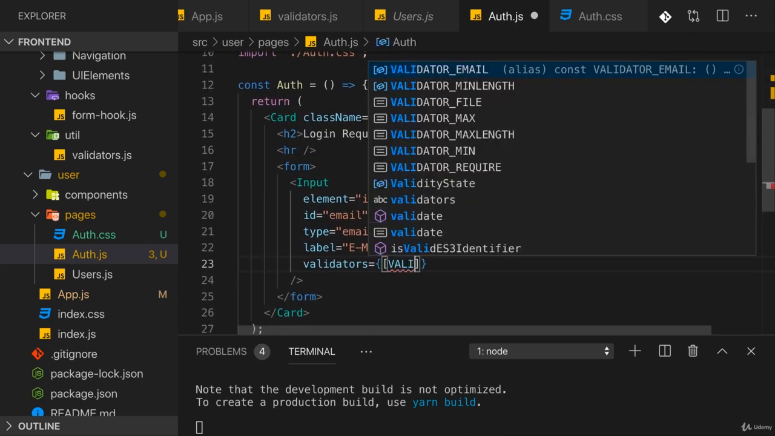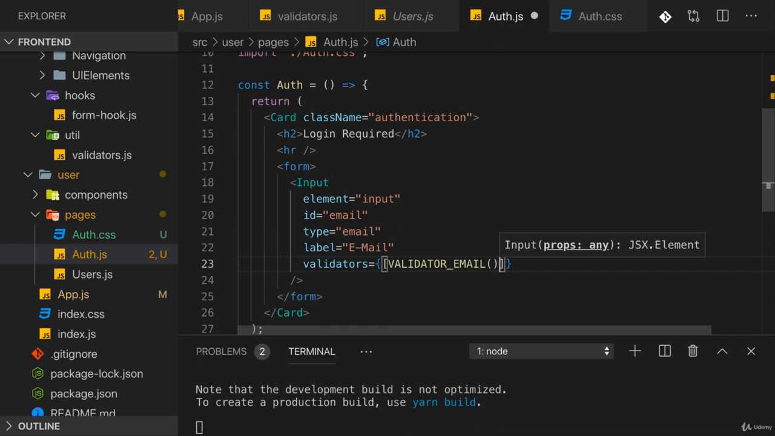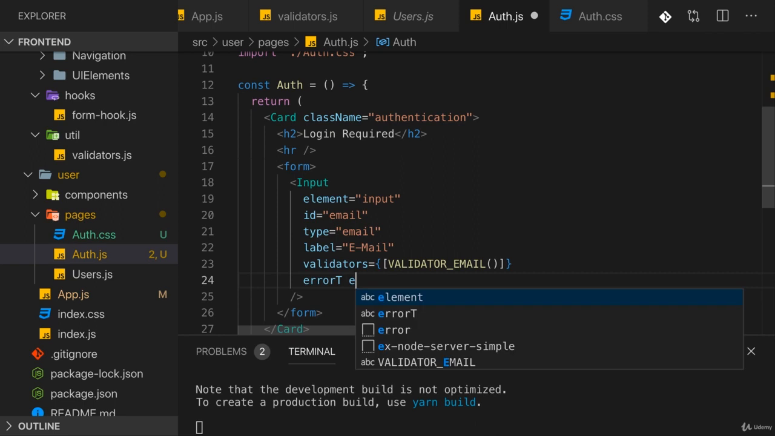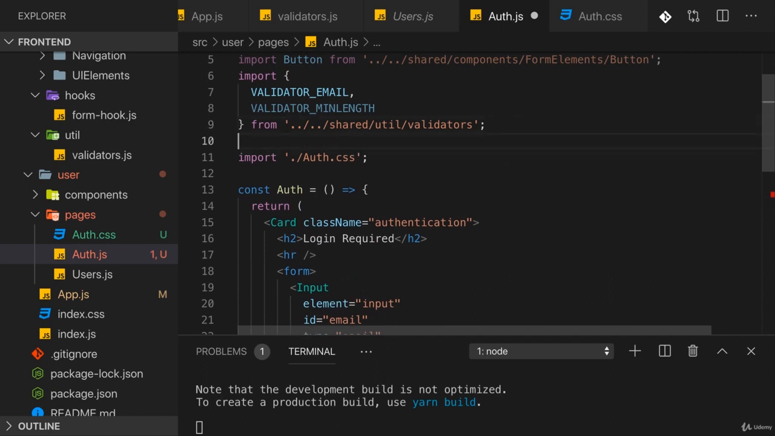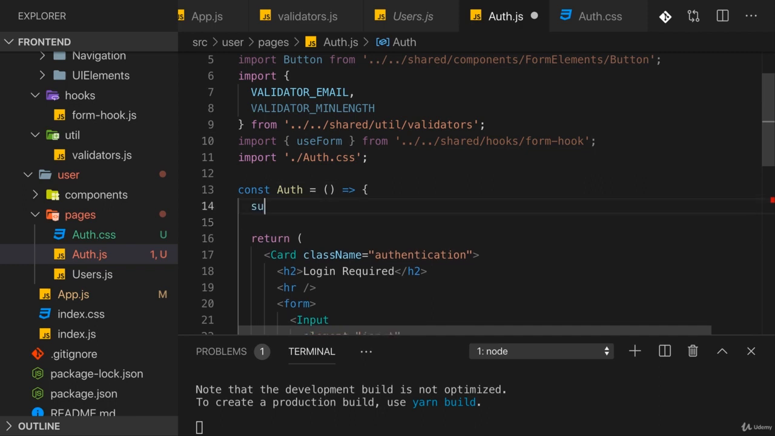So here then I will execute validator email as a function to add that email validation here, and also provide an error text, which could be "please enter a valid email address", like that. Now onChange also needs to be connected to something, and here I will use my custom hook again. So import useForm from shared hooks form hook, so that we can call useForm up there and initialize